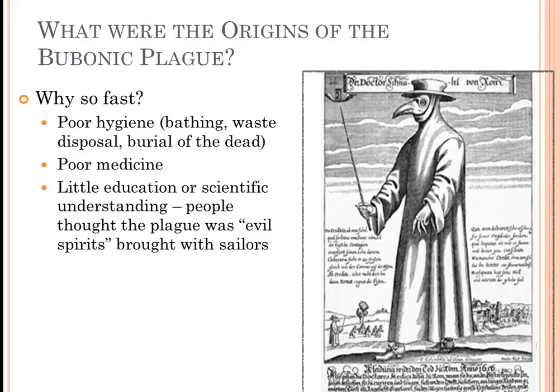This is also the time period where "Ring around the rosy, pocket full of posy, ashes, ashes, we all fall down" comes from. If you've heard of that nursery rhyme, which I'm betting you have, that's where this comes from. People would put rings of roses, and it was also noticed that the buboes looked like rosy rings because they were kind of full of blood and they were round. So that's kind of where that comes from.